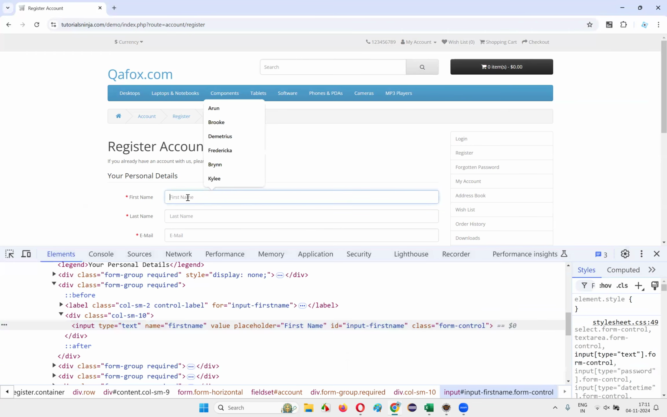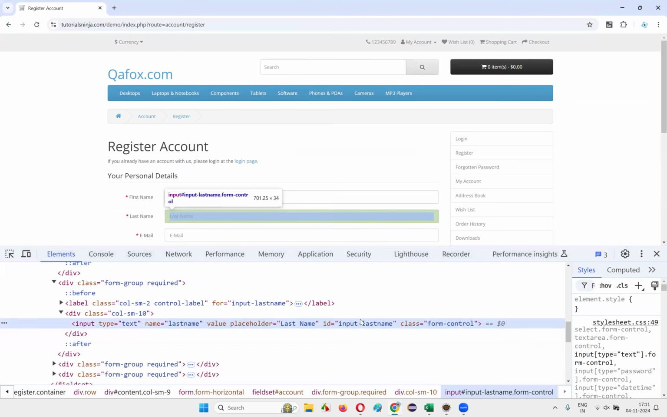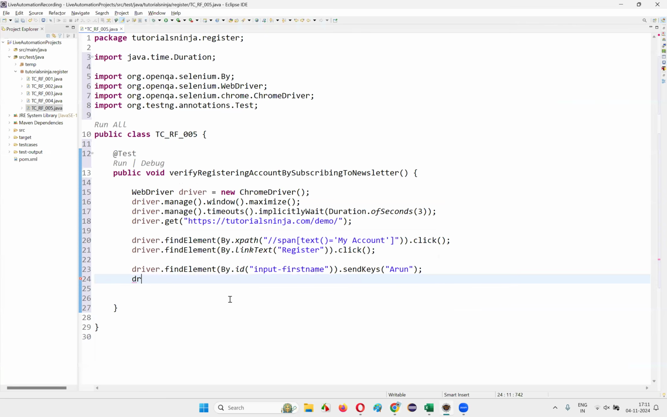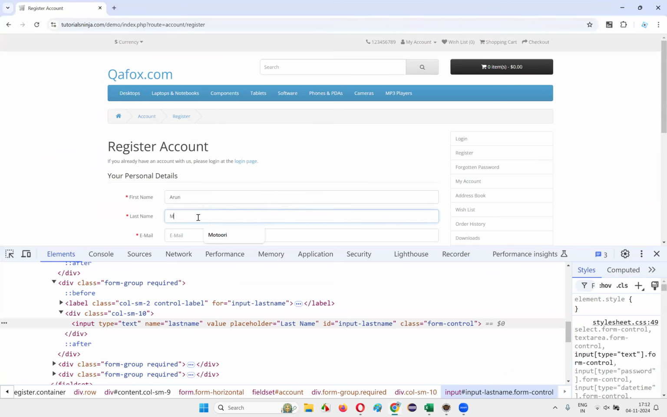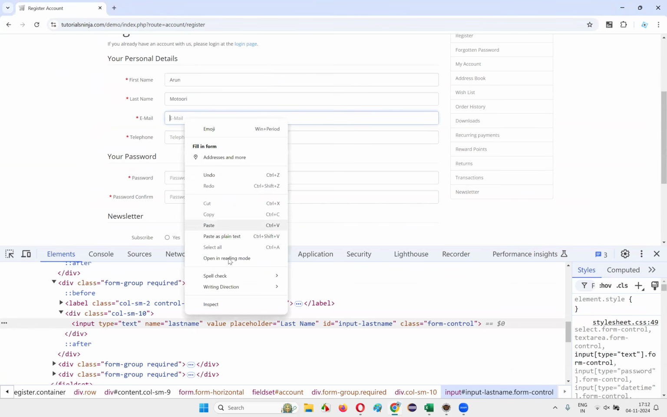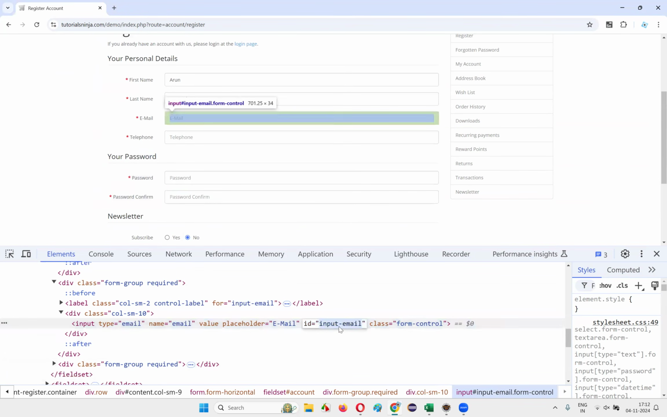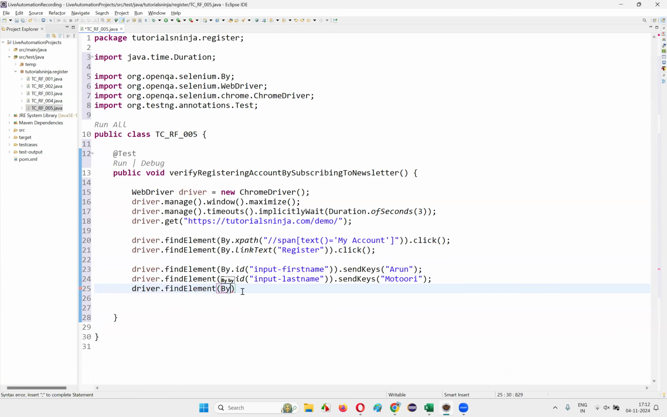Then I'll go back here. Once Arun is typed by the automation script, then I'm going to enter my last name here. Copy this, come back here, driver.findElement(By.id()), provide the ID locator of that last name field, sendKeys, and then give my last name, that is Motori. After doing that, my last name, Motori, will be entered into the last name field. Then I have to inspect this email field, copy this ID, driver.findElement(By.id()), provide the ID locator of the email field, .sendKeys(),